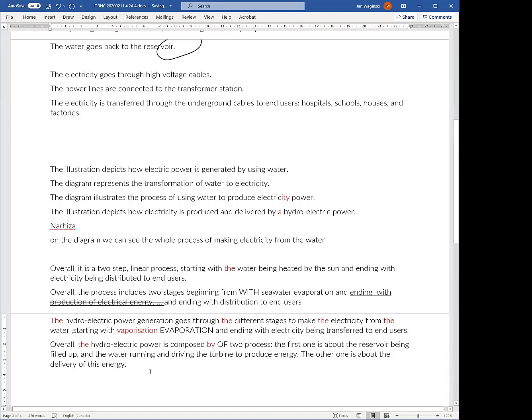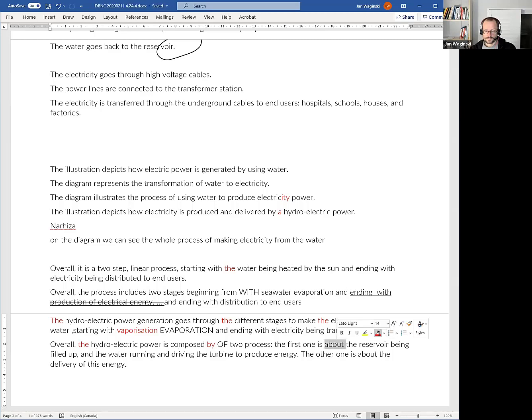Filled up in. The first one is the process is not about this is the process. So you can't separate the two with that kind of language. This is the process. The first one is the reservoir being filled up and the water running and driving the turbine to produce electricity. And the water running